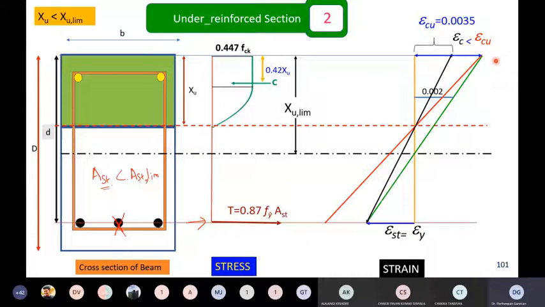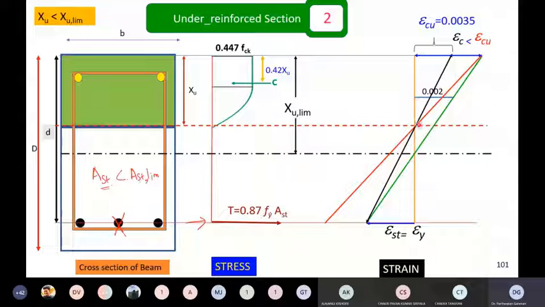See, either it's a balanced section or under reinforced section or over reinforced section, the final failure will take place because your concrete is attaining the strain of 0.0035, because concrete is a brittle material. But steel can keep on yielding. It can go up to here also. Sometimes when you test the steel, you see strain values like 0.20, 0.105, 0.115 and so on. But here the strain value is only 0.0035. So although steel can go on yielding, before steel experiences the full failure, concrete will fail.